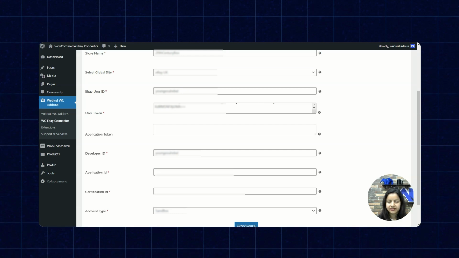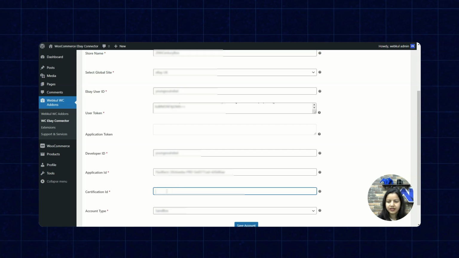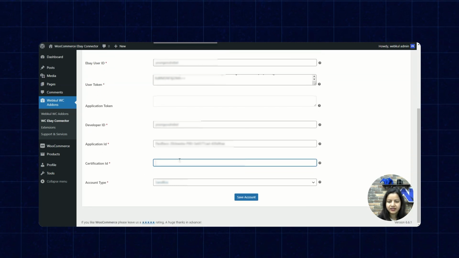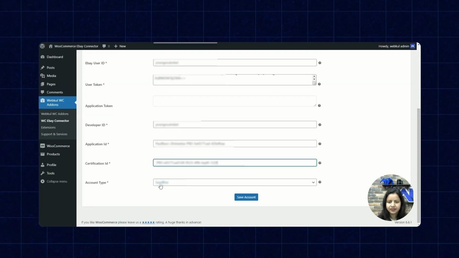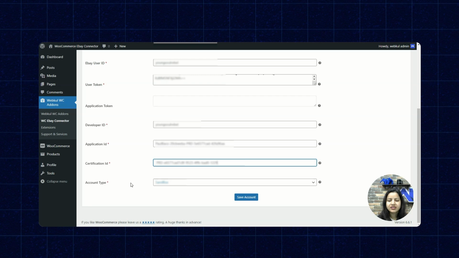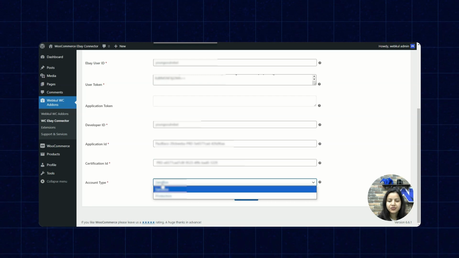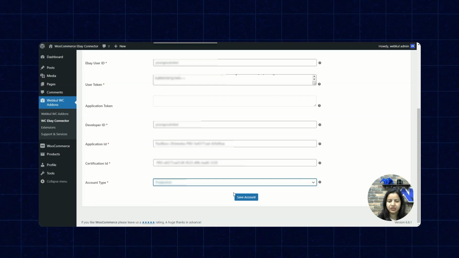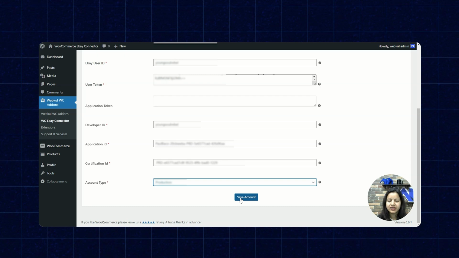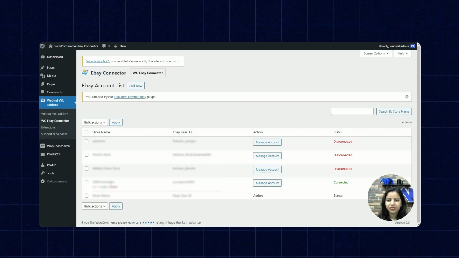Application ID. Next, certification ID. And at last you have to select the account type. The account type should be the production type only. Then only we can proceed. Then see, you can see the store connected here.